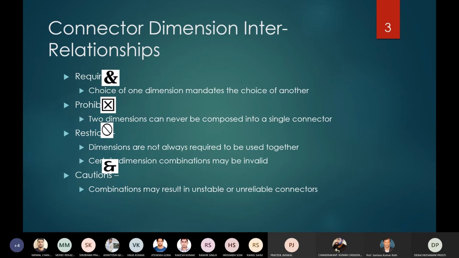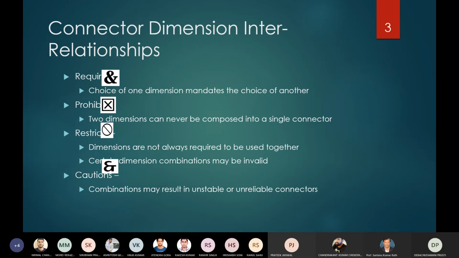So these are the dimensions of interrelationship that I will use in my PPT. The ampersand is for requirement: the choice of one dimension mandates the choice of another, meaning whether it is mandatory or not. Then prohibition, with a cross mark, means two dimensions can never be composed into a single connector. Then restrictions mean dimensions are not always required to be used together, but you can use them.